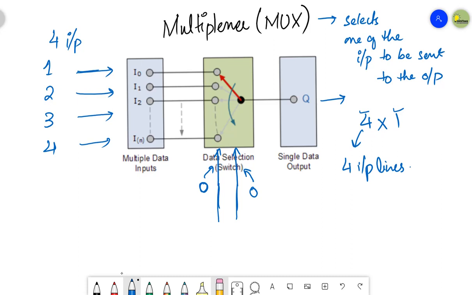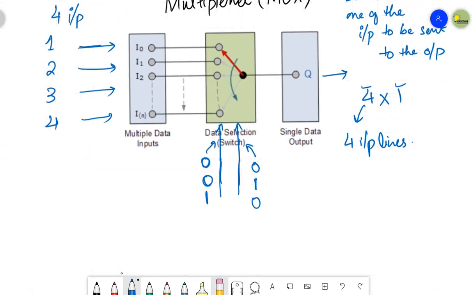Either the control lines are going to give 0, 0 to the mux, or it can give 0, 1 to the mux, or it can give 1, 0 to the mux. Why? Because we know that there are two ways of sending bits, either 0 or 1. So if these are two control lines, the combinations become 0, 0, 0, 1, 1, 0 and 1, 1. These are the four different inputs that can be sent to the control lines,